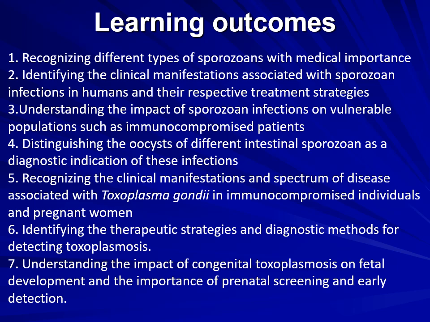So the learning outcomes of today's session are going to be, first, to recognize the different types of sporozoans with medical importance, to identify their clinical manifestations when they are encountered in humans, and their respective treatment strategies, to understand the impact of sporozoan infections on vulnerable populations, such as, for example, immunocompromised patients, to distinguish the oocysts of different intestinal sporozoa as a diagnostic indication for these infections,